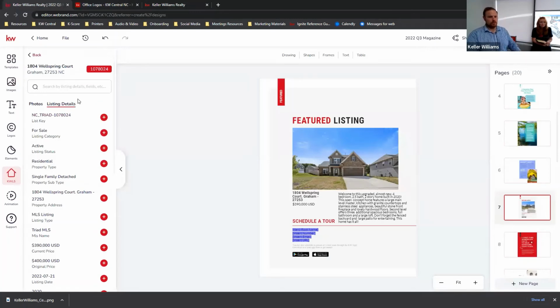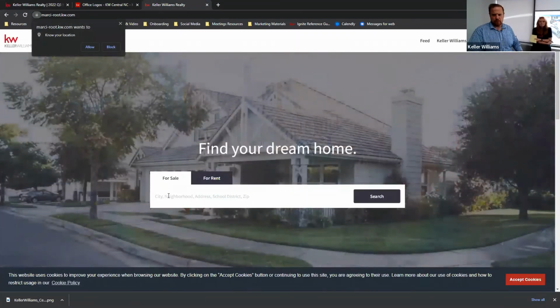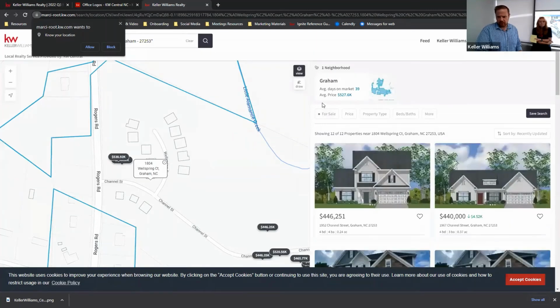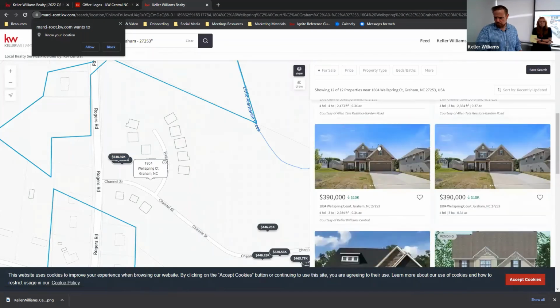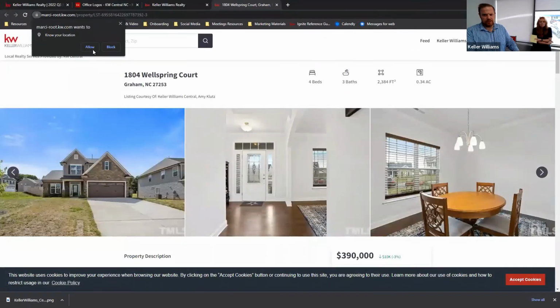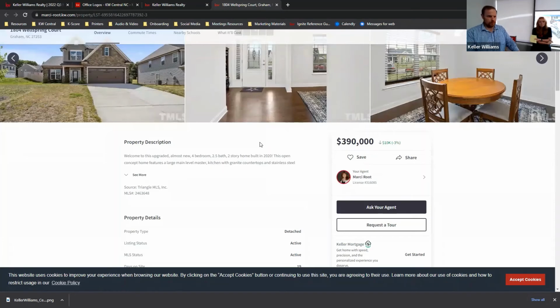So going to the QR code part, I'm going to take this address, copy it, and go over to Marcy's website and paste it. And there's a method to my madness here. Why am I not finding that address now? Nope, there it is. Okay. I'm going to pull it up on her site. The reason I'm doing that is because if it's Marcy's magazine, Marcy wants people that click on a QR code to go to her version of it, not necessarily Amy's version of it.